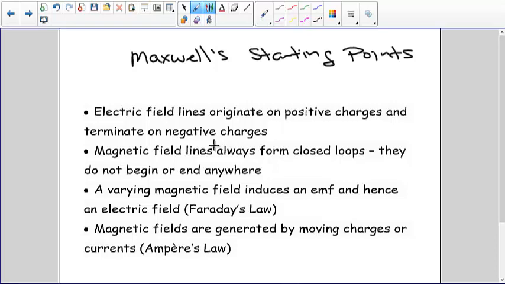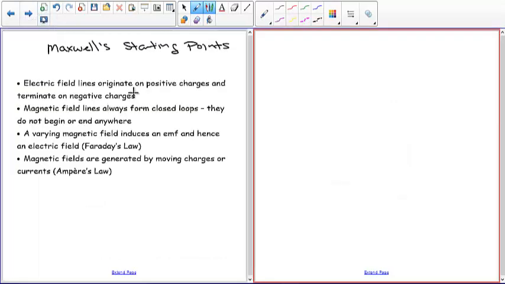So what he did, he started with all those things. He came up with those laws. I showed you those fancy vector laws that were really confusing. And basically what he did was, and I mentioned this early in the semester, from this information you can come up with one additional thing,